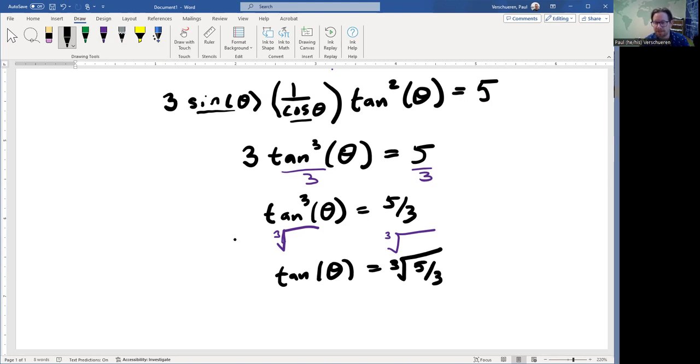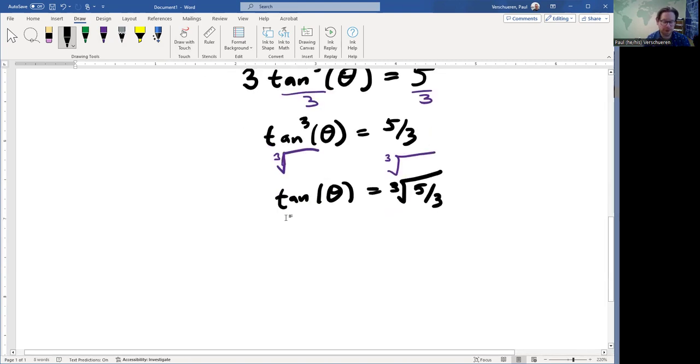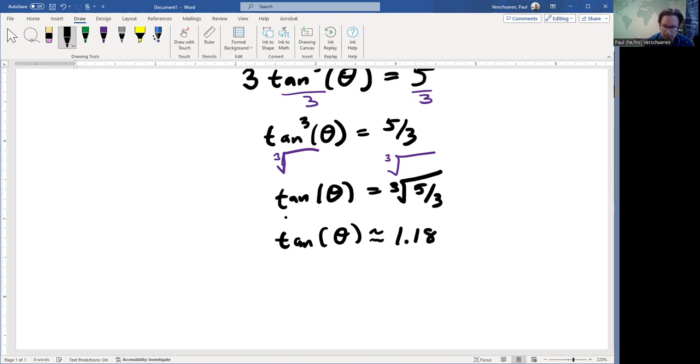And recall that you can find a cube root. You can also call that 5/3 to the power of 1/3, which on my calculator is easier to type that way. So I'm going to do parentheses 5 divided by 3 raised to the power of parentheses 1 divided by 3, 1/3. And that's going to give me a number for the tangent of theta, which I'm going to write as approximately equal to 1.1856. And now, finally, we can solve for what theta is